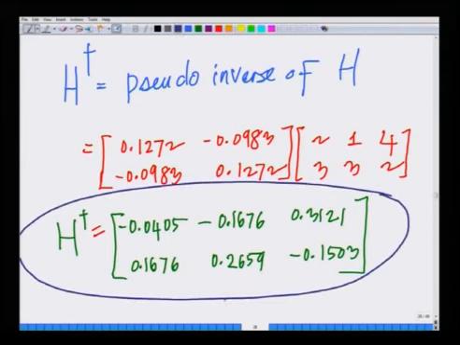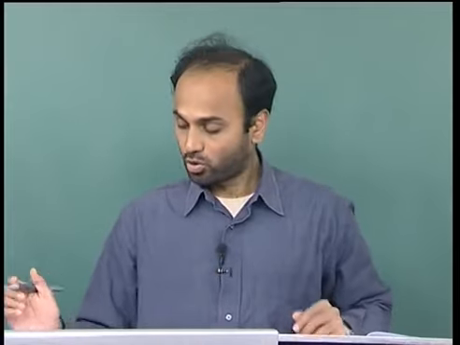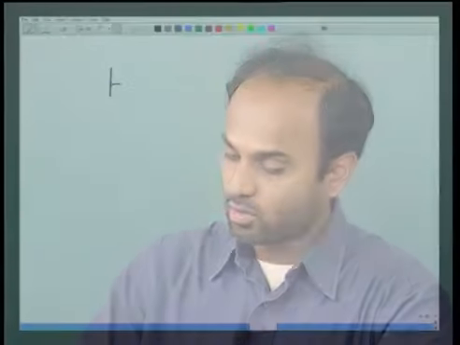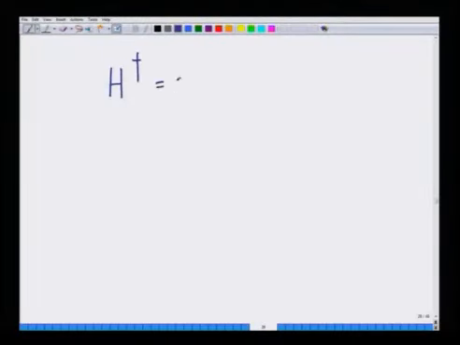This is the matrix H pseudo inverse, and you can verify that H pseudo inverse times H, that is, multiplying H on the left by H pseudo inverse, results in the identity, that is the 2 cross 2 identity matrix. And how do I use this? Remember, H pseudo inverse is a 2 cross 3 matrix,